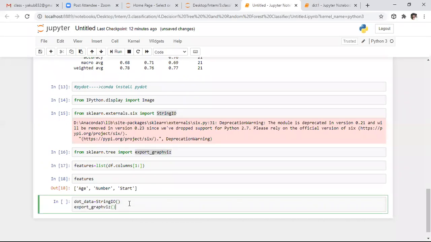In this object, we need to specify the attributes. So for which thing do you want to visualize the graph? Here we need to visualize the graph for the decision tree, so I am specifying decision tree. Comma, out file. I want to consider dot underscore data for the output file.